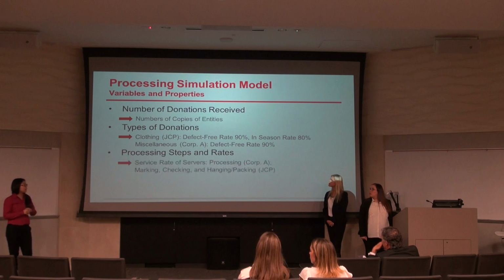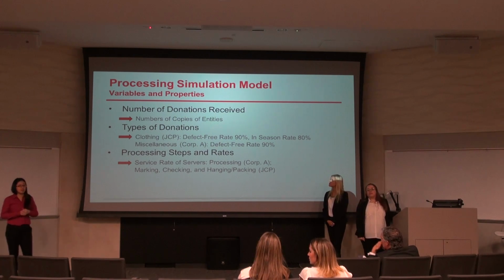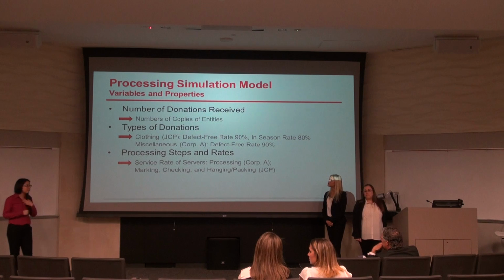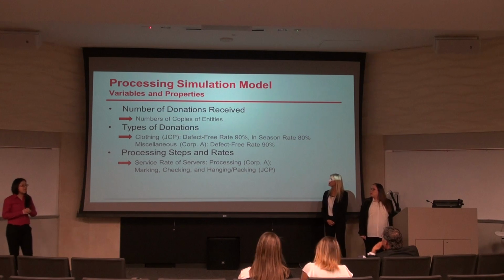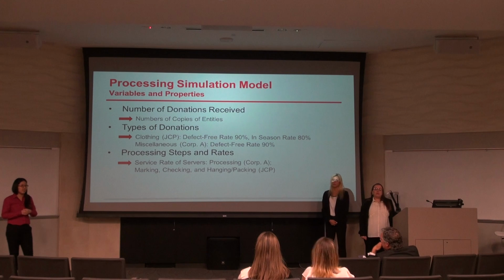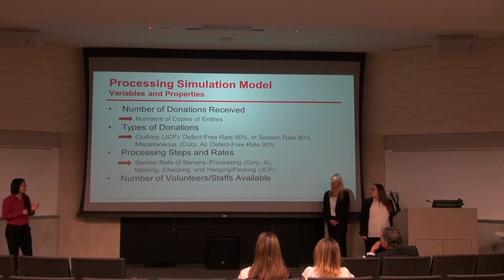And then we have the processing rate. So for Corporation A's processing, because we didn't have any data for that, we just went to the Volunteer Center and processed about 15 boxes and recorded our rates. And for the JCPenney's rate, we watched a video of previous volunteers processing and used the software to match it to a statistics distribution. And then finally, we have the capacity of service. We say